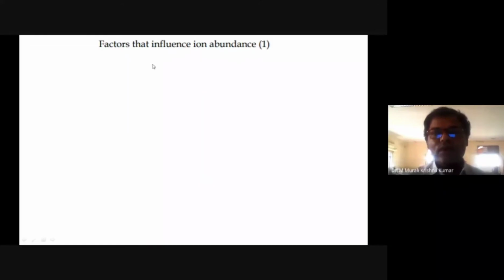Next, first we need to see what are the various factors that influence the ion abundance. Within this discussion, you will come to know why an organic compound, when provided with energy, gets dissociated or fragmented. Also, just now you have seen that in the mass spectra, some peaks are very small and some are very big. Bigger peaks mean more stability and more ion abundance. So what are the factors that influence the ion abundance is what we will see now.